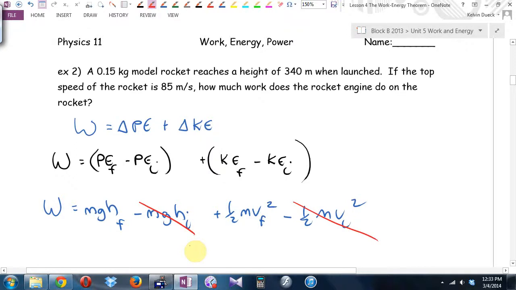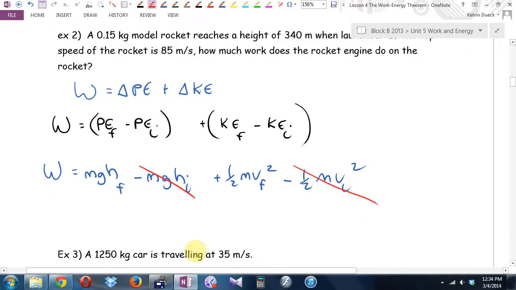Okay. So if you're designing this model rocket engine and you want to know, in terms of the model rocket gunpowder, the fuel, how many joules of energy do I need to get out of this rocket engine? This is minimum, by the way, because we're ignoring air resistance, but it'd be close because rockets are pretty aerodynamic. Oh, I need to make sure that that chemical is able to give off,